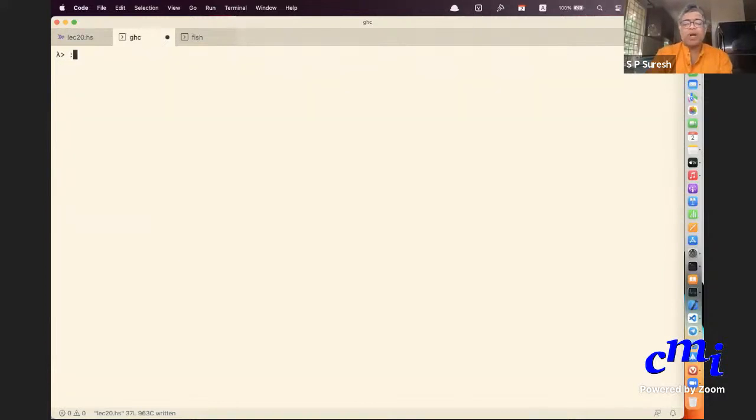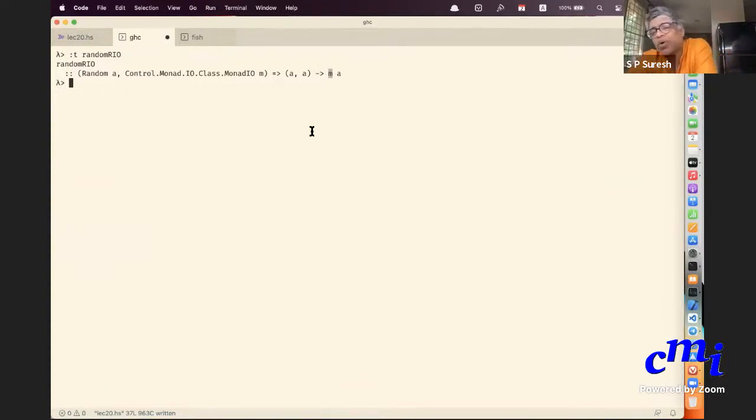Forget all this nonsense. This M is IO, so IO A, and I basically want an integer. You can have IO bool, IO char, whatever you want. And this A comma A is giving you the lower bound and upper bound.